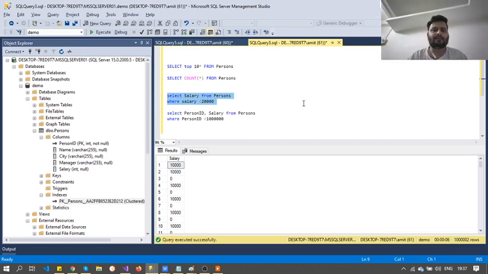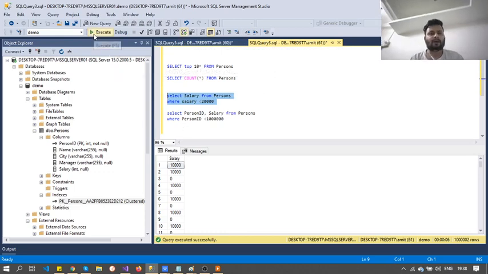Now we will see what exactly the SQL server did to get this output, or what the plan of the query is. If you are using SQL Server Management Studio, there is an option called include live query statistics. If you click on this and run the query again, you will see the plan of the query.